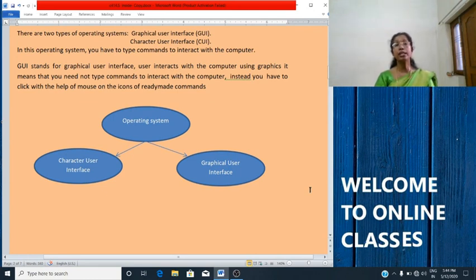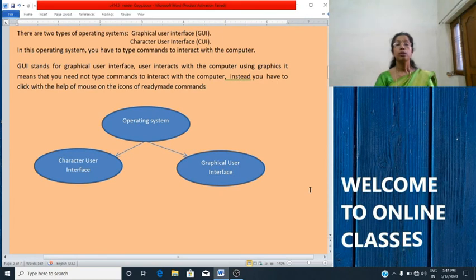CUI is an older interface. It was defined by Microsoft before GUI. It is difficult to use because we have to write a command to perform a task. So we have to remember all the commands, then only we will be able to operate the computer.